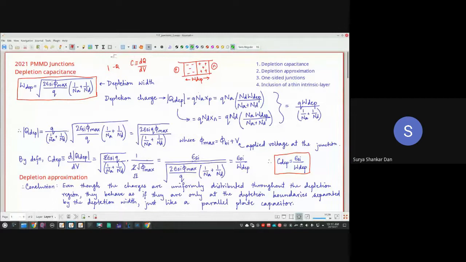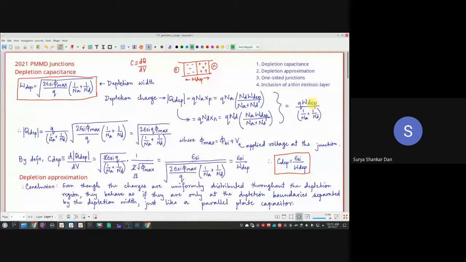correct? उसी तरह से हम यहाँ पर सिर्फ एक ही टर्मिनल लेंगे. So that means you can take either q NA XP या फिर q ND XN. Cool. So these XP and XN equations we already got in our previous lecture. I have just simply put in XP and XN. If you notice, whether you are considering the N side of the depletion region or the P side of the depletion region, you are essentially getting the same expression for the Q depletion. That is the total depletion charge. कितना charge है depletion region में.